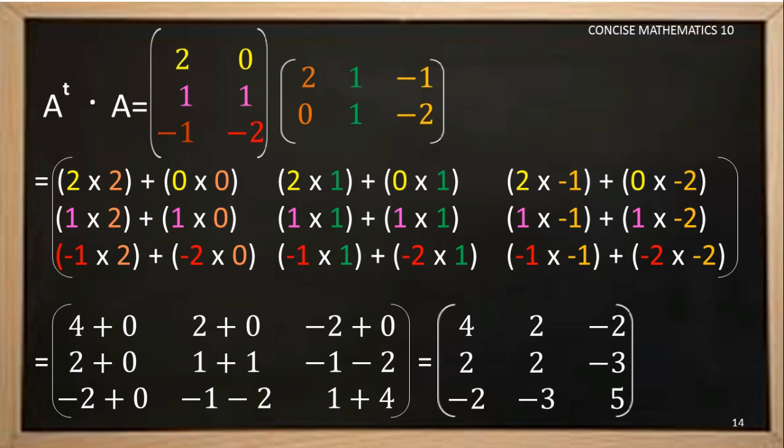Please keep an eye on the sign plus or minus, and once you calculate the procedure from first row, first column up to the third row, third column, it results as 4, 2, minus 2, 2, 2, minus 3, minus 2, minus 3, 5. Kindly don't copy this, children. Pause the video. You just write down the elements, find out the solution. Calculation is very simple, but the only thing is there should be accuracy in writing the elements in the correct order.